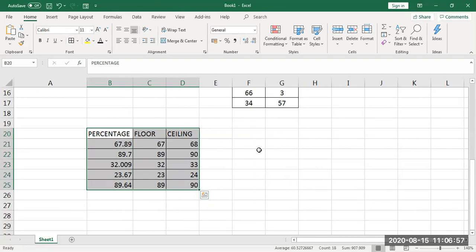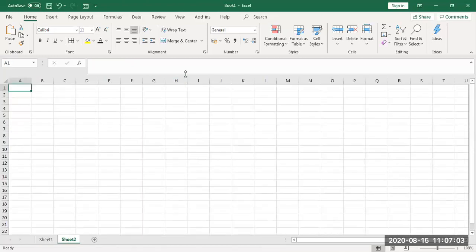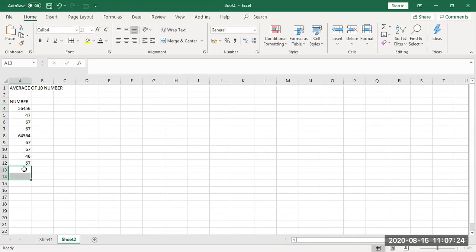When you are preparing the assignment, the heading question will be there. For example, say I am opening a new sheet and typing average of 10 numbers. Give the heading average of 10 numbers. Alignment should be nice. Being computer science students, you know how to do the alignments. Then give the heading numbers, enter some 10 numbers, then put the calculation. I want to find the average, so put the calculation for the average of these numbers. Like this, and you know how to align also.